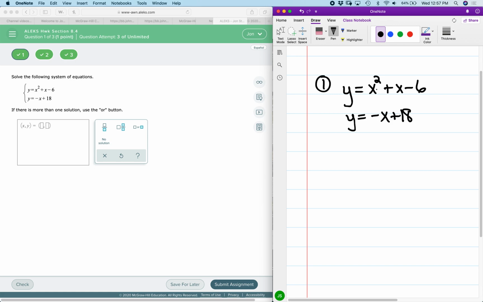the expressions that each of these is equal to, set equal to each other, and we can rearrange, whereupon we can think of it like y is equal to y. And so we can set x squared plus x minus 6 equal to negative x plus 18. So we have the formation of a quadratic equation, with the second degree term on the left hand side in this formation. And let's say I move the terms from the right over,